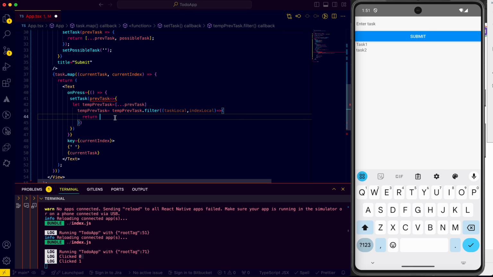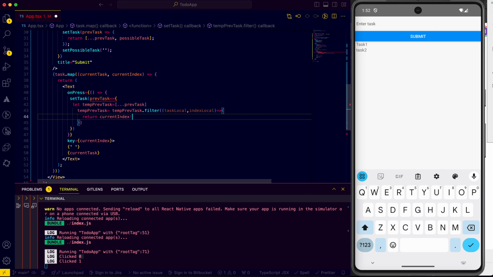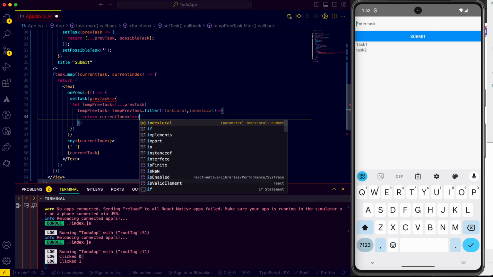If that condition is satisfied, if that condition is true, then that particular element will be stored in temp pref task, else it will not be stored. So what I want to do is store only those elements whose current index is not equal to index local. If I just write that not equal to index local,